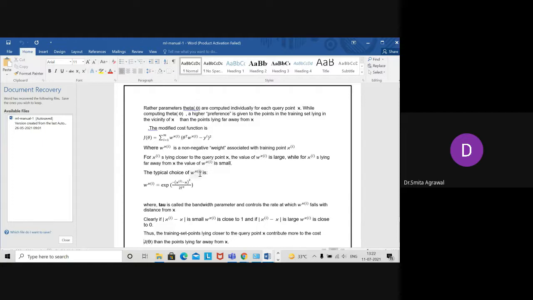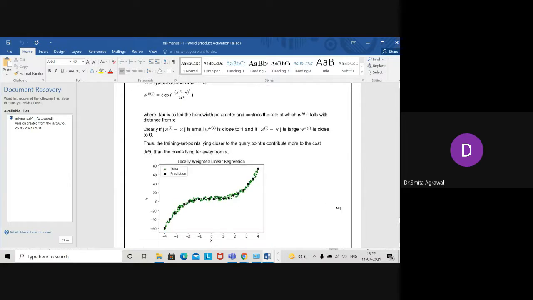The typical choice of w(i) is w(i) equals exponential of minus (x(i) minus x) whole squared upon tau squared, where tau is called the bandwidth parameter and controls the rate at which w(i) falls with distance from x.